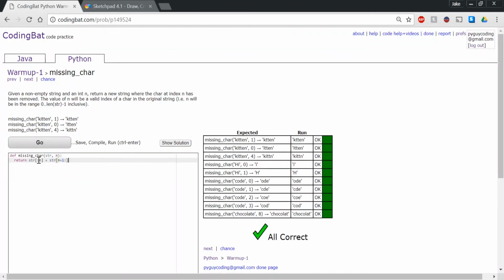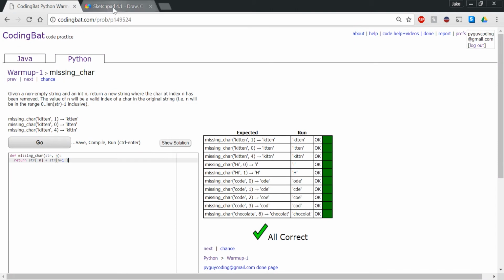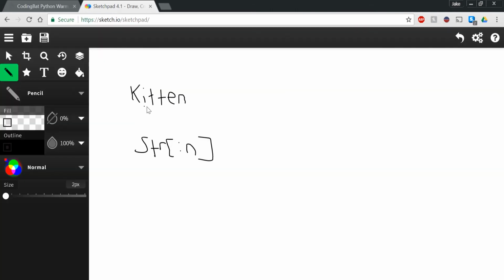when we say string bracket colon n, this basically says take everything in the string up to but not including n. So if we're given, let's say 1 for example, we're going to take everything up to but not including the n index. So if this is 0 and this is 1, then we're only going to go up until 0 because we can't take 1 because it's not including. So this gives you k,